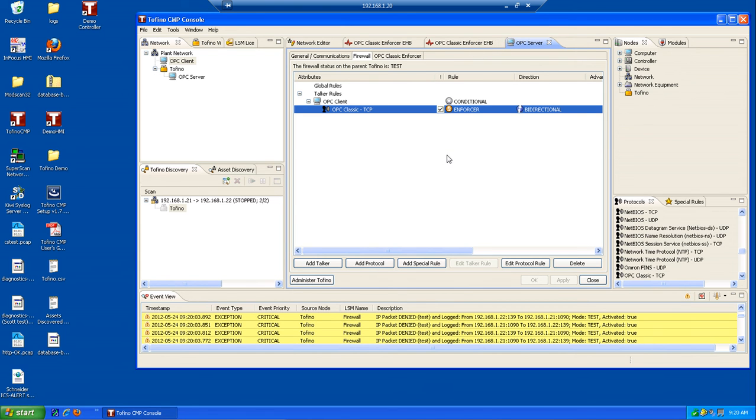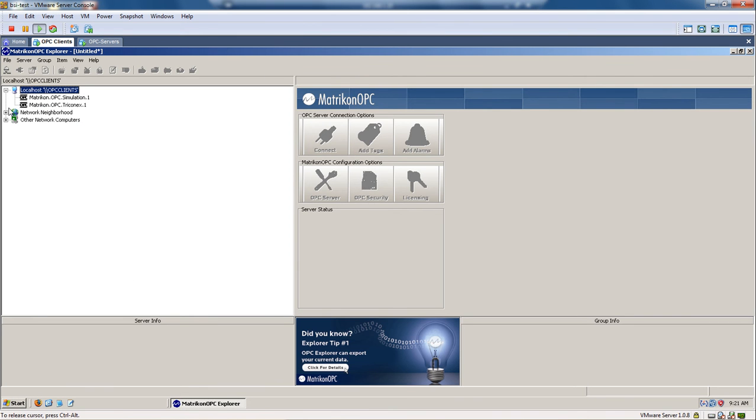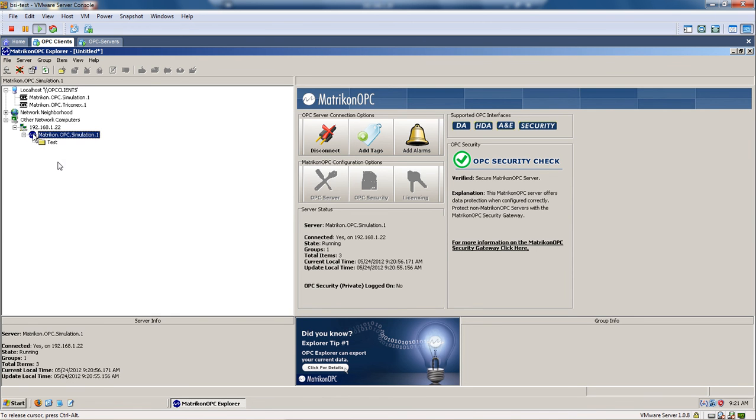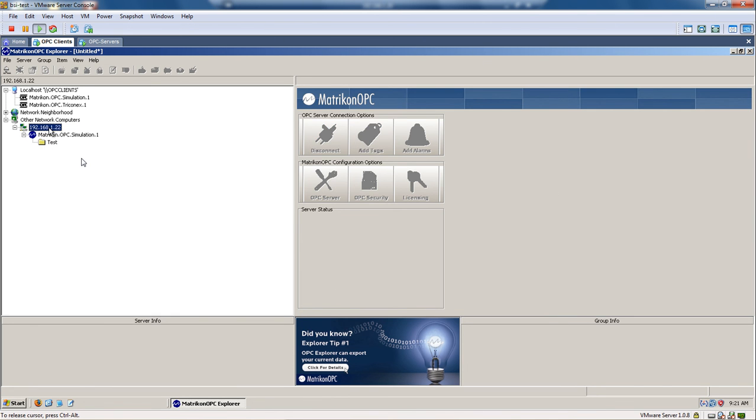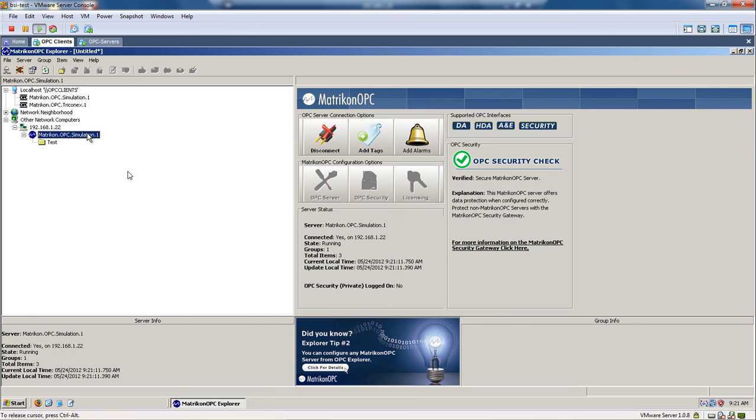So that was easy. Let's take a look at one factor here that does come up quite frequently with OPC installations. In this OPC example, we connected from the client device to the server device, not by using the name of the server, but by using its IP address, 1.22. That's certainly a valid way to connect between OPC clients and servers, but it's very common that these connections are configured to use the OPC server computer name rather than its IP